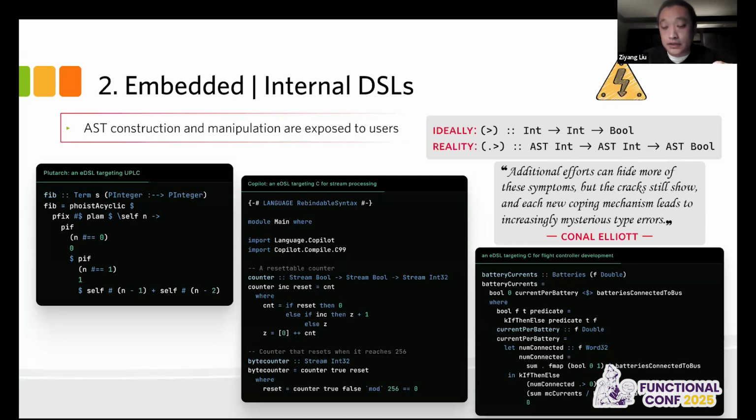The second language in the middle is a language called Copilot. This is an EDSL for processing streams of events. The compilation target of Copilot is C, so it compiles to C. And as you can see, the syntax is more regular. It looks like regular Haskell, but that's because it is using a language feature called rebindable syntax. It's a language extension which allows you to redefine, rebind or customize some of the built-in Haskell syntax. For example, there's this if then else in the middle. This is the regular Haskell syntax for if then else,